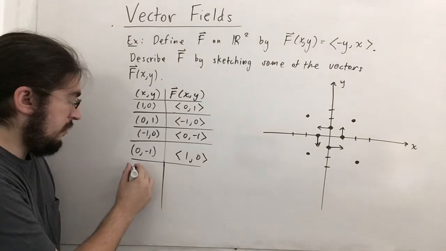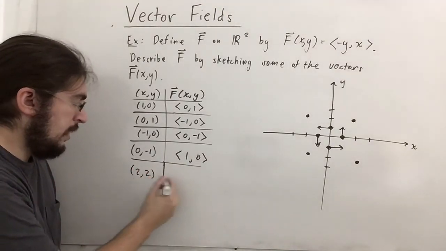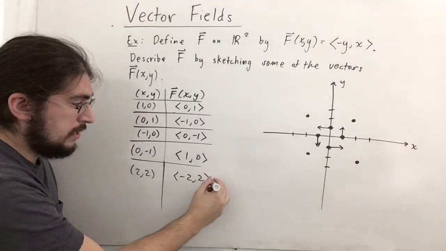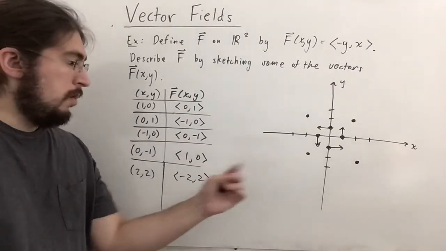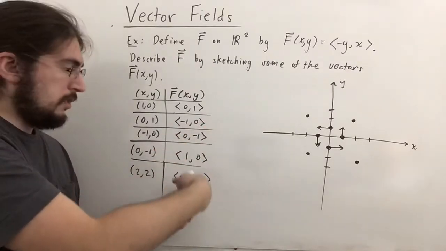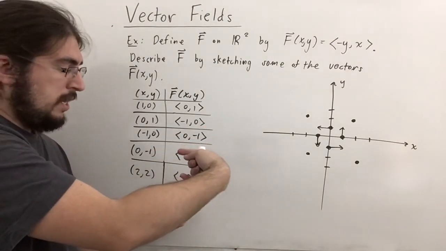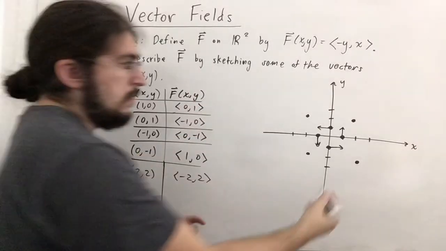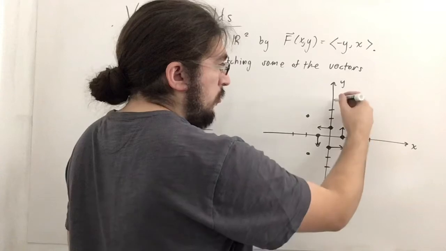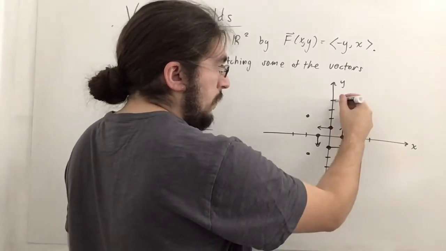But if you consider the point 2, 2, for instance, the vector that it goes to according to that assignment is negative 2, 2 like this. So for the point 2, 2, we're going to go left, in the negative direction, and then up 2. So what we end up getting is this vector that goes over this way and up this way